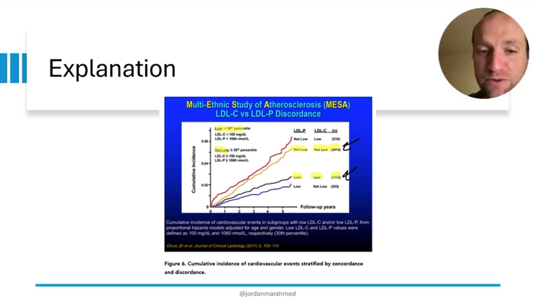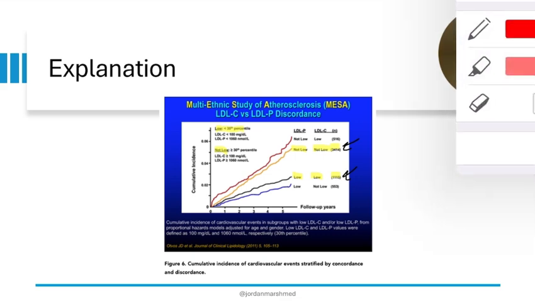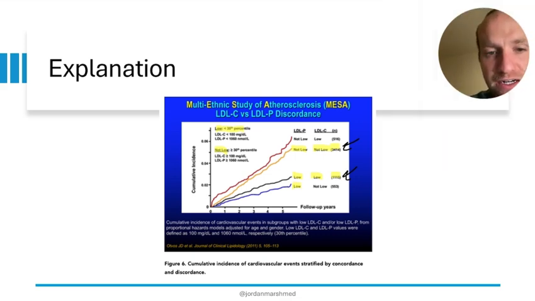But then it gets a little hairy when we talk about the other subjects. So these subjects down here had low LDLP, but not necessarily, but still pretty high LDLC. They had cholesterol enriched LDL particles, but they still didn't have as many cardiovascular events. They had fewer events than actually the group that was concordant with low LDLP and low LDLC, right? And so they had less events. However, when they got a lipid panel, their LDLC may have been through the roof, and their provider was like, oh my gosh, that might be an issue, right?